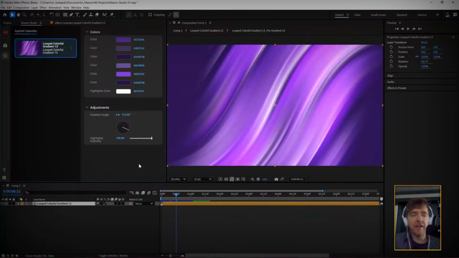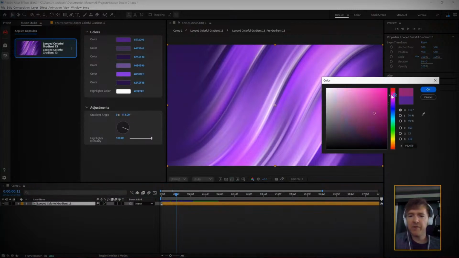So we've got lovely controls. In this particular case, the angle of the gradient, so I can change the angle of it. I kind of like it where it is, and you can change the colors. So this is June, so let's do some Pride Month colors. Just kidding. I mean, I am doing Pride Month colors, but just because I like making things colorful in gradients like this. So the red, orange, it's not a very good yellow,